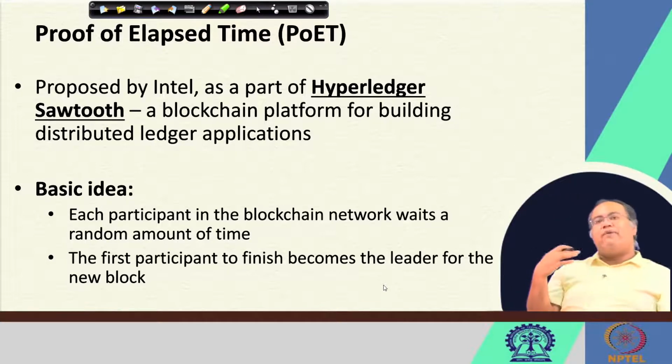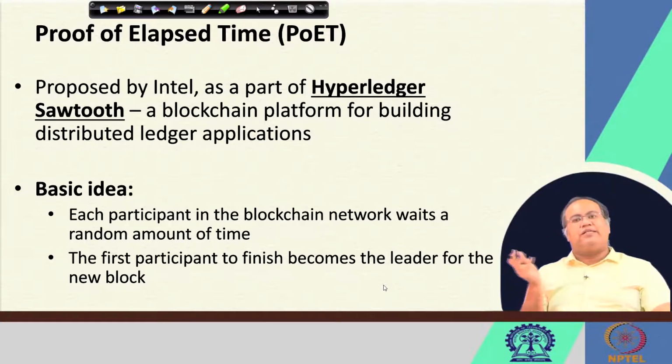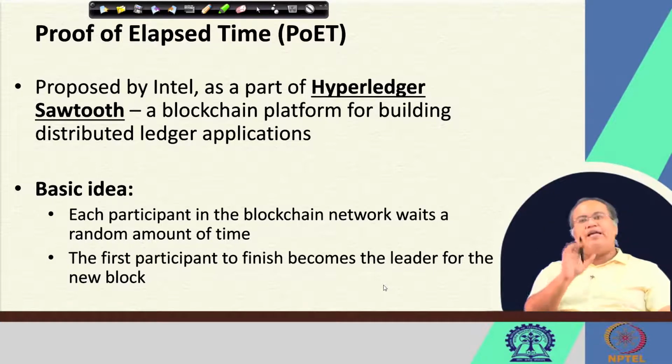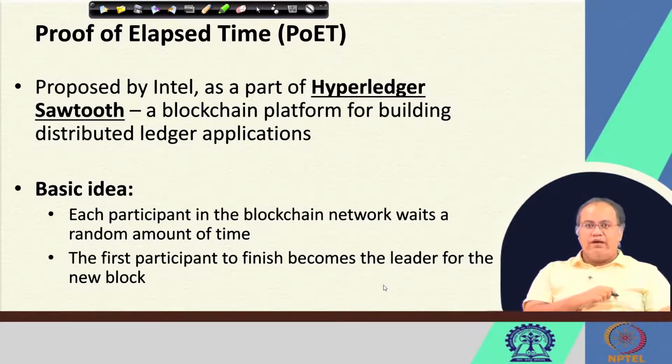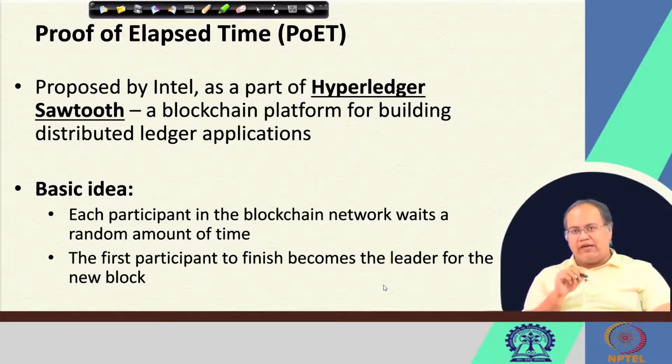Now, if I think about the challenge in a different way, what is that different way? Rather than providing a certain challenge, I say that everyone needs to find a random number between 0 and 100, and you need to wait for that amount of time, and whoever waits less, I will consider as the next leader. That means the first person who finishes the timer becomes the leader. That seems like a pretty simple algorithm, right, and it serves my main purpose.